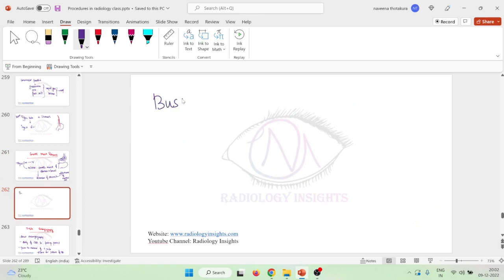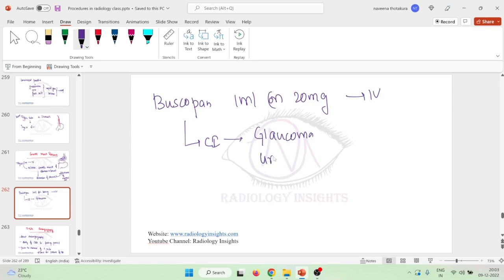Next, we have Buscopan. Buscopan can be given as 1 ml, or 20 grams of Buscopan can also be given as intravenous route. This Buscopan is contraindicated in certain patients. The Buscopan is contraindicated in patients of glaucoma or urinary retention